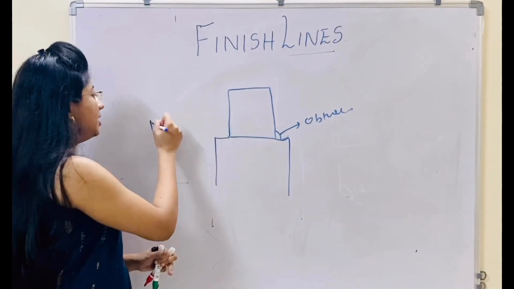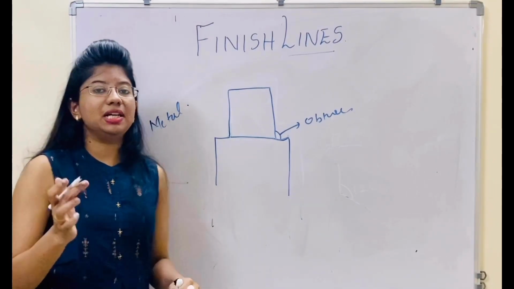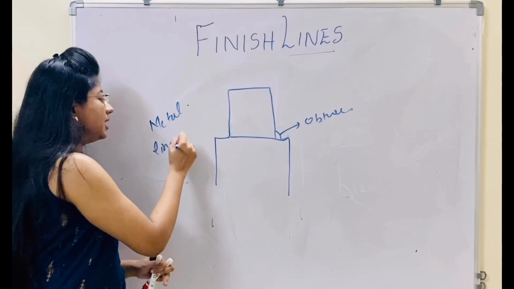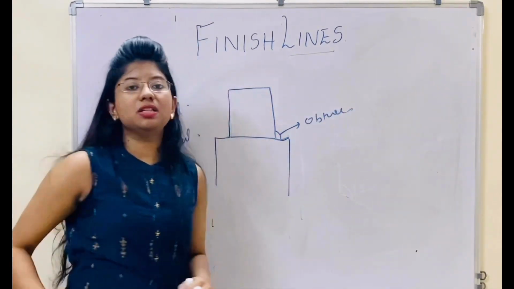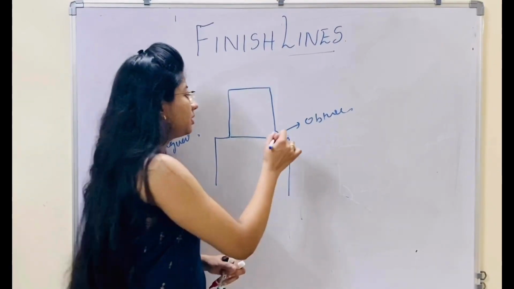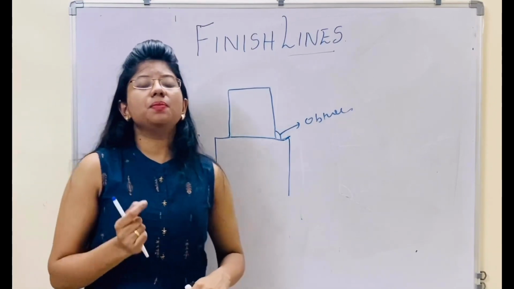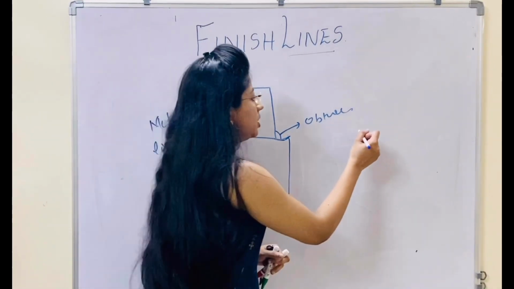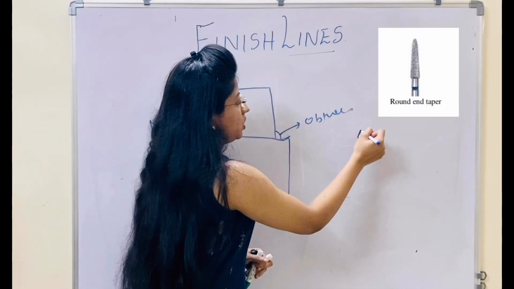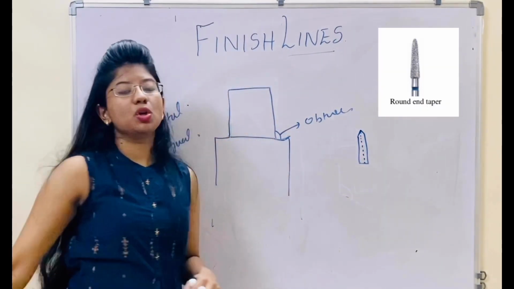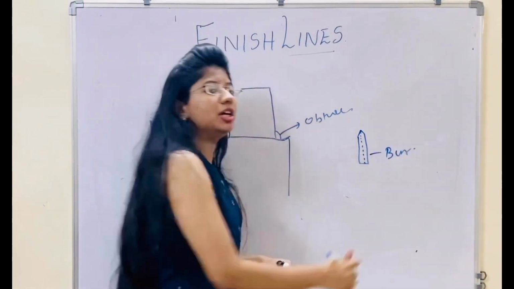That's why when we have to give a metal or in the metal ceramic crowns, the lingual area is being given as a chamfer margin. The angle is obtuse, that is more than 90 degree. Sometimes when you are reducing a chamfer, the most important thing you need to remember that you are using a round and tapered burr. So whenever you are reducing, you should not reduce more than half the width of the burr. If this is the burr, you should not reduce more than half.